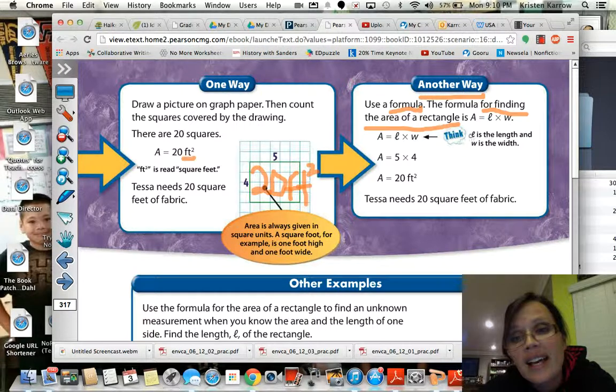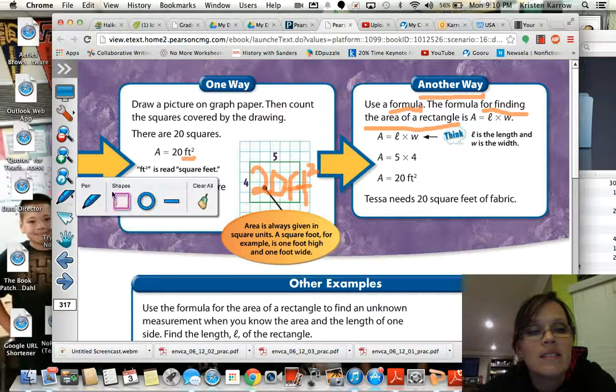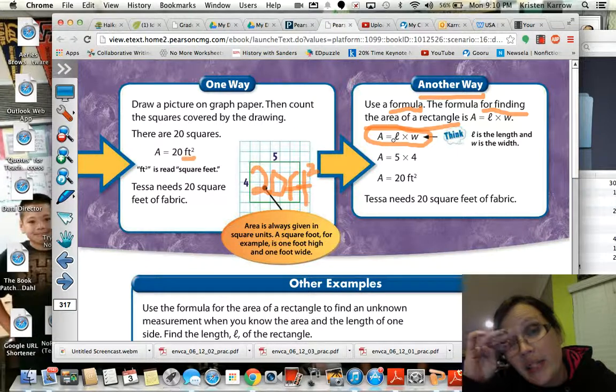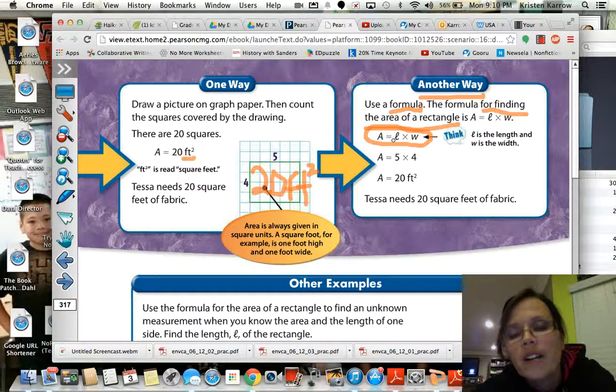On the right-hand side of your notes, the formula you're going to write is A equals L times W. That looks like an E. It's not an E. It's a cursive L. They use a cursive L so it doesn't look like a 1. But what it actually stands for, and write this out in your notes the long way, area